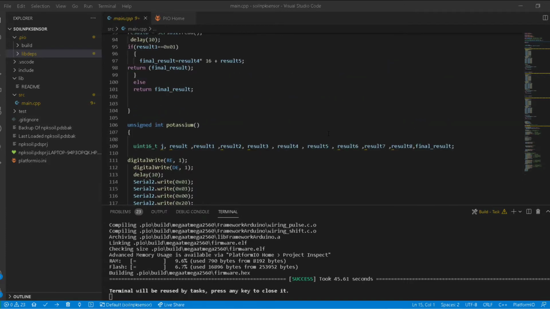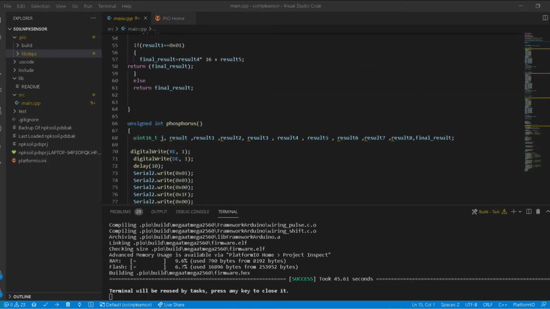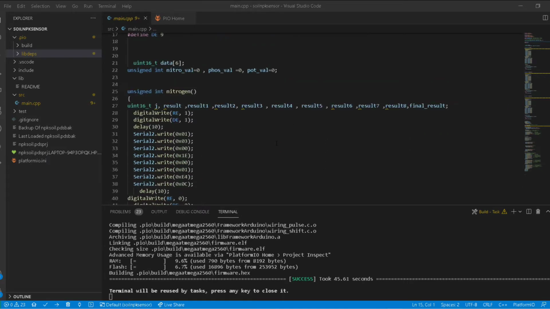In the function part, let's take the nitrogen function.